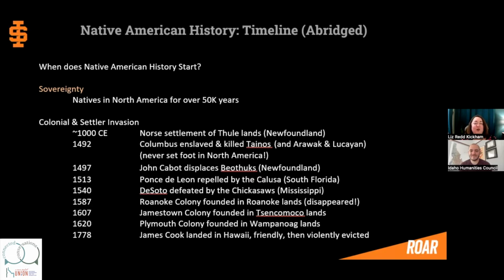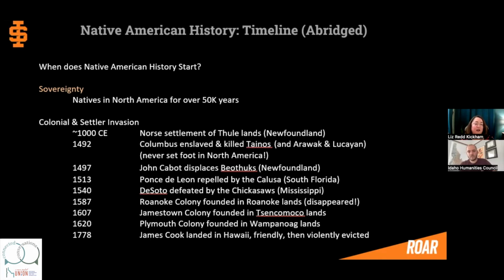So if we look at this timeline here, we can see that even when we start at 1492, we're leaving out some settlement, the Norse settlement of the Thule lands in Newfoundland. And there are potentially other settlements as well. We're finding more evidence all the time. But here we have a brief timeline. So we've got the Norse settlement, and then we've got Columbus, and then how Columbus enslaved and killed the Tainos